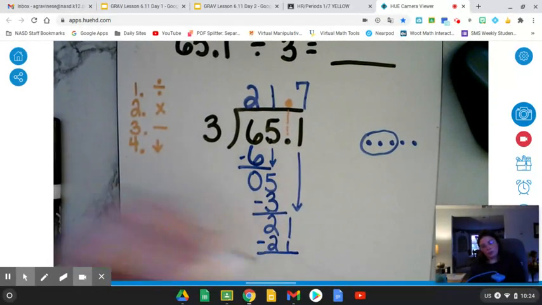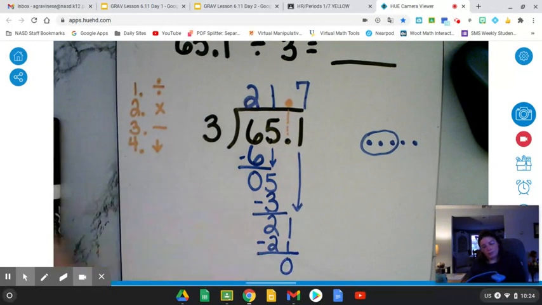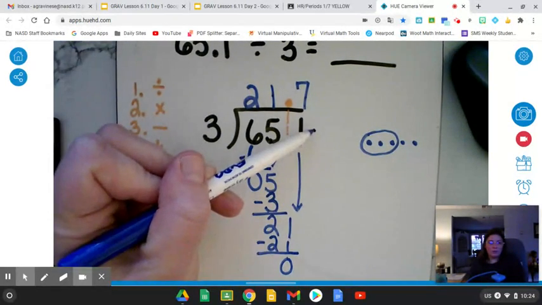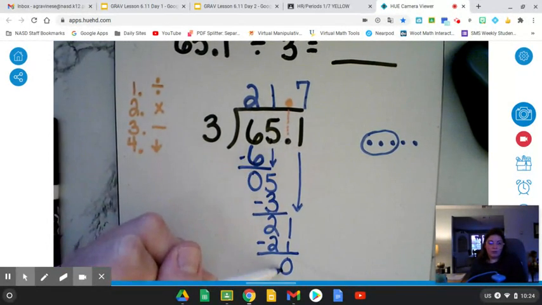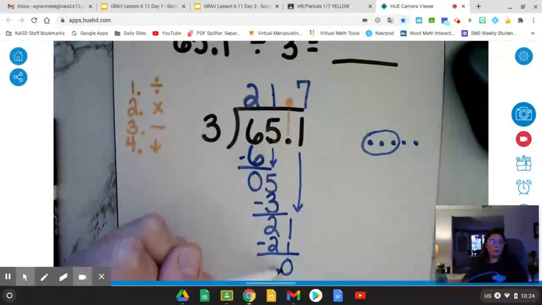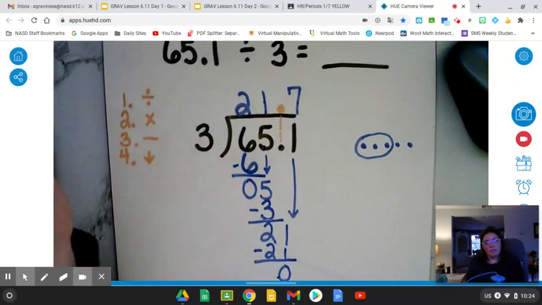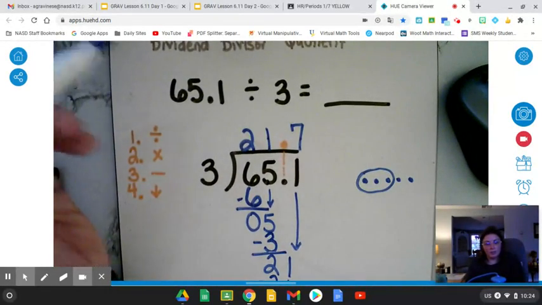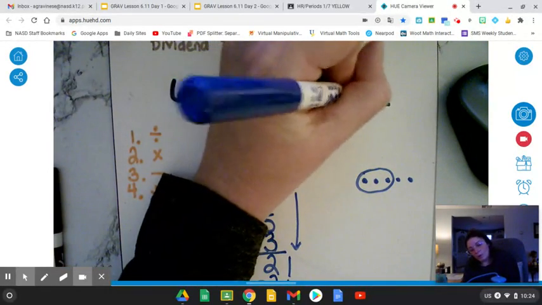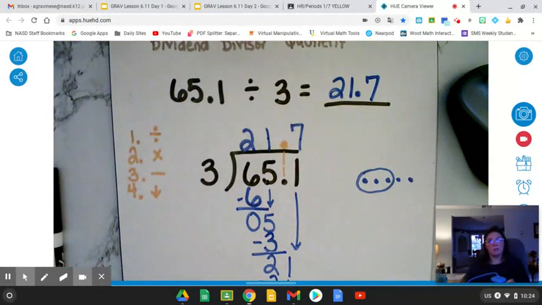Subtract: 21 minus 21 is 0. I don't have anything left to bring down. I have no remainders, so I know my answer is finished. So when I take 65 and 1/10 and I divide it by 3, I get 21 and 7/10 as my